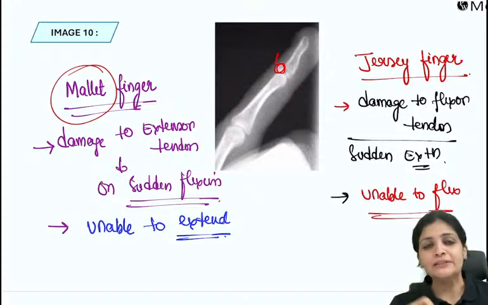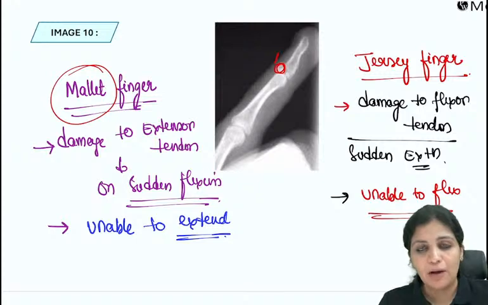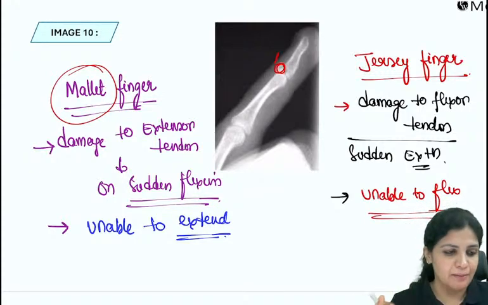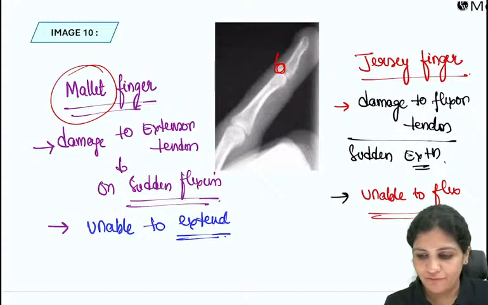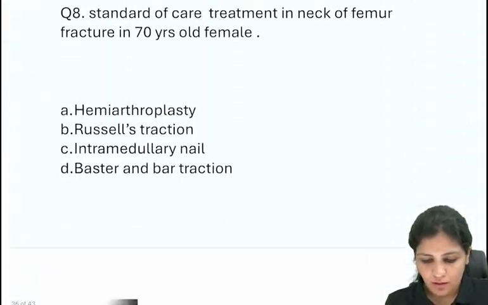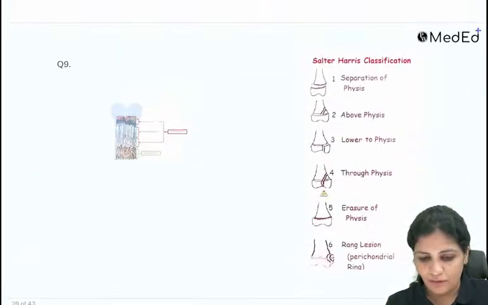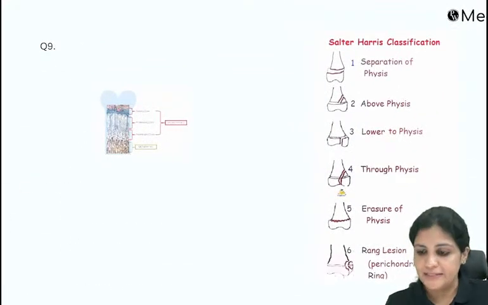Damage to the flexor tendons, and they will be unable to flex it. So that is about the various tables and the images in the magic of 10. So I have one more thing. One more question which you have to remember is this one, the